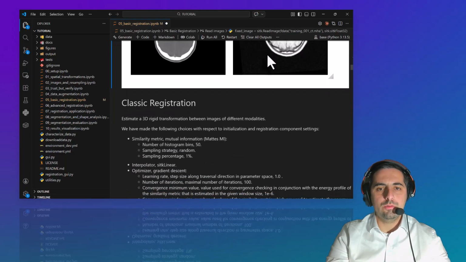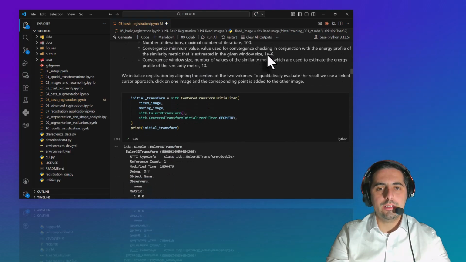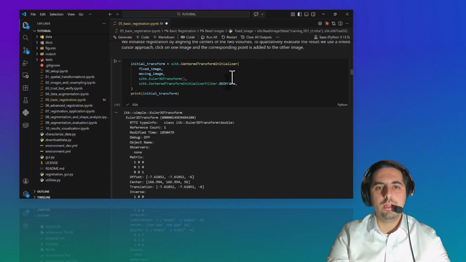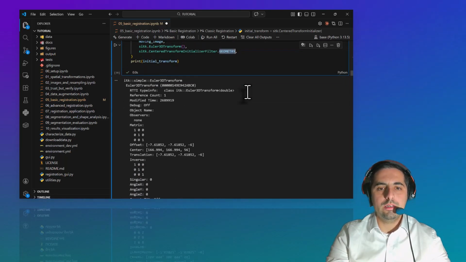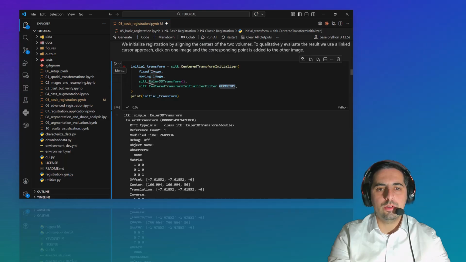So let's continue. Now, to perform a classic registration, we need first to get the initial transformation. To get the initial transformation, we are going to use Euler 3D transform and the very important thing, the geometry option. The transform initializer filter geometry means that the registration will be performed not between values of pixels, but between the geometry from the CT to the MRI. So you can see here that if I run that,